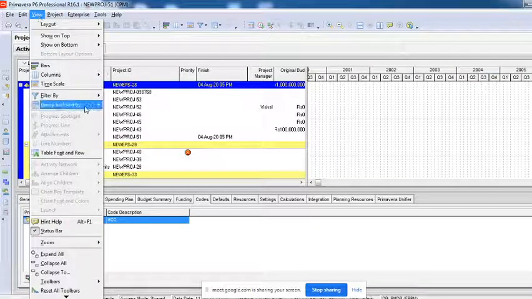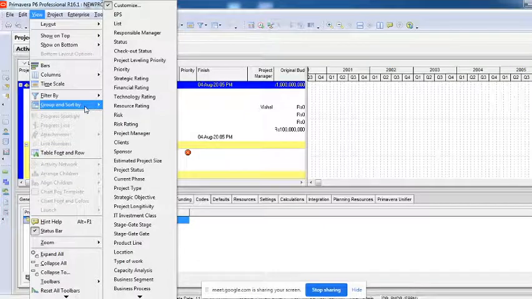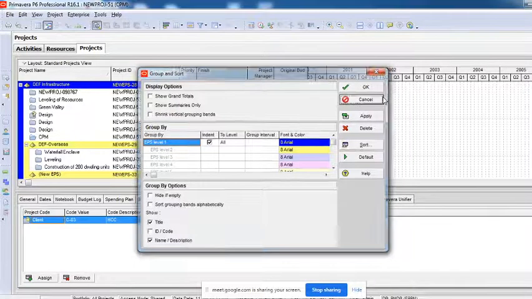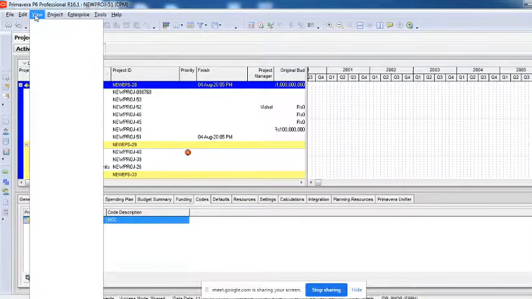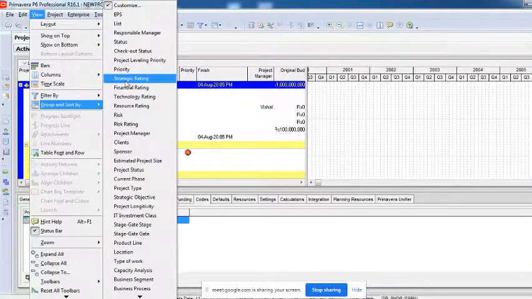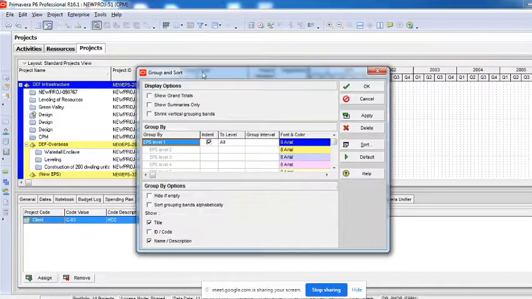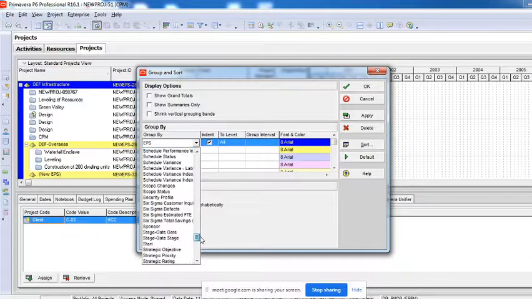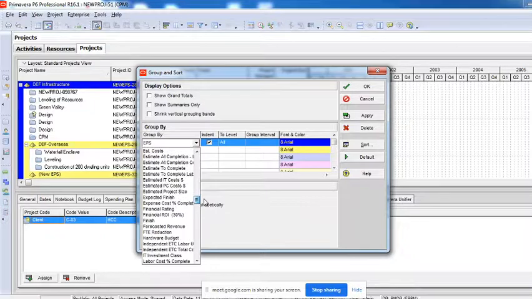In this view option, there is something called group and sort by. Here you will have to go to this customize option. I'll repeat it again. You'll have to click on this view, go to group and sort by. You have an option called customize. Click on this customize, and here you can see group by, right? When you pop down, there's a group where you will be able to find it, yeah, here it is.